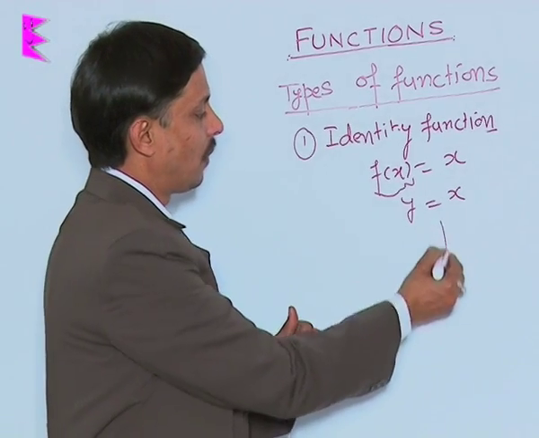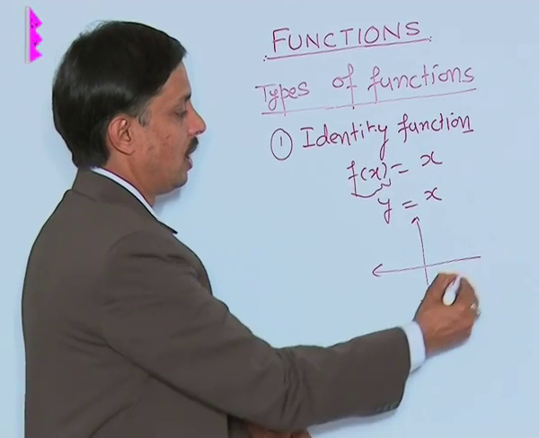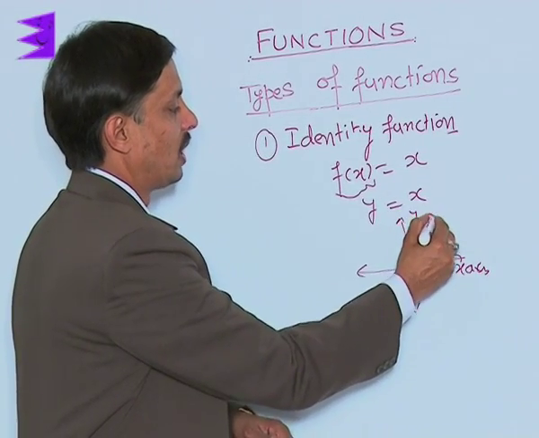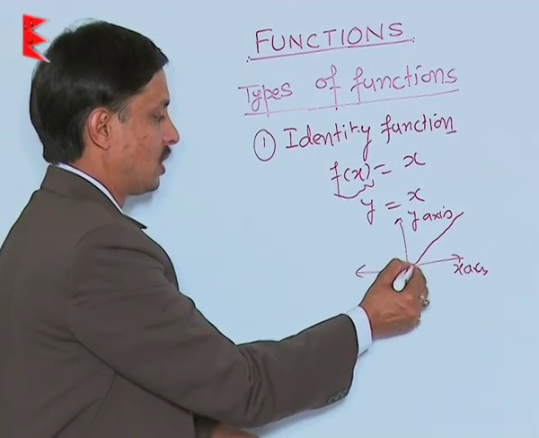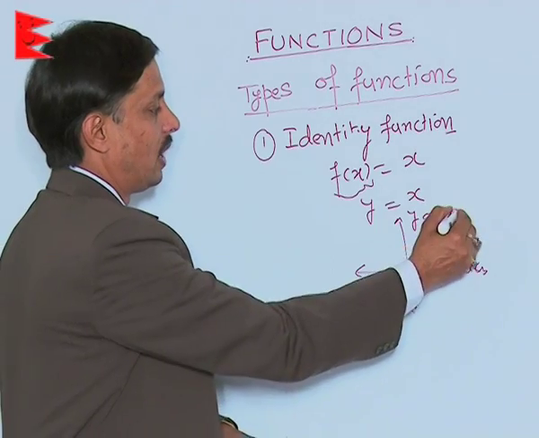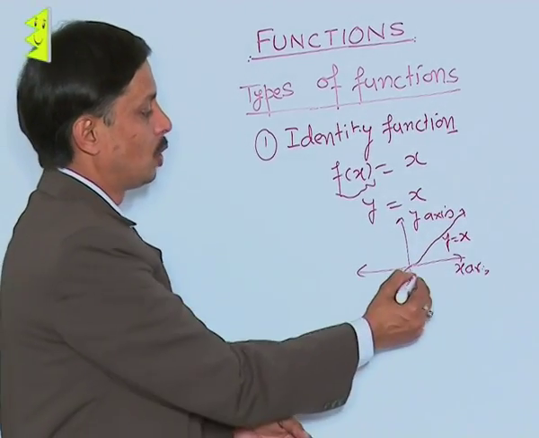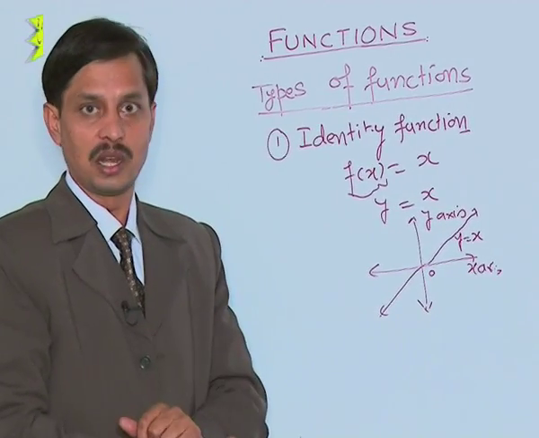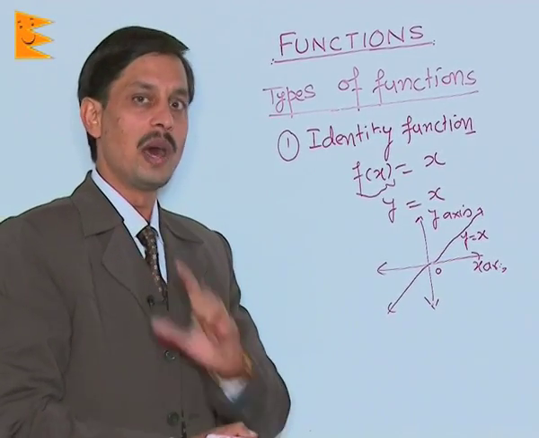The graph of the identity function, if I plot it, the horizontal one is the x axis and the vertical one is the y axis. y equals x is the graph of the identity function, that is the line passing through the origin,